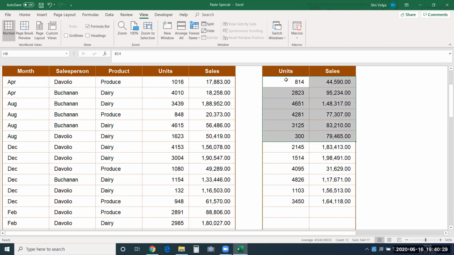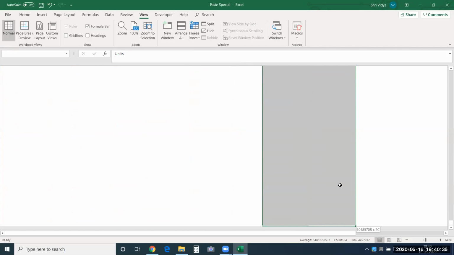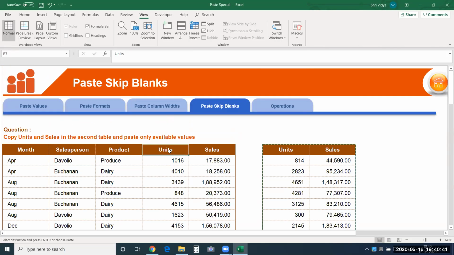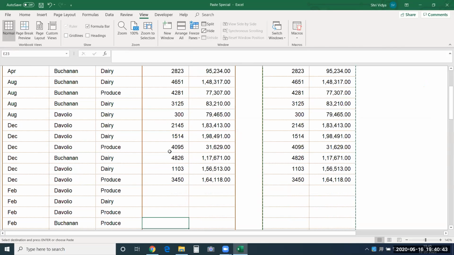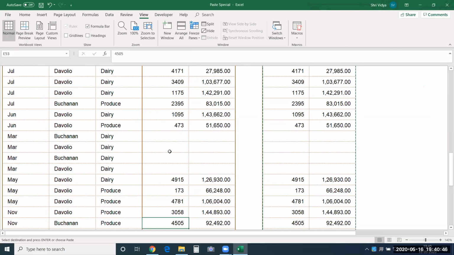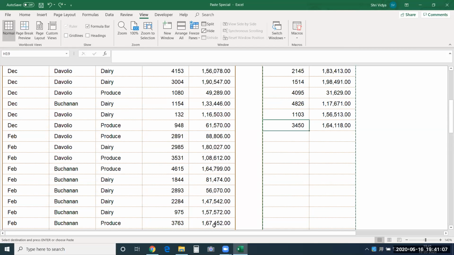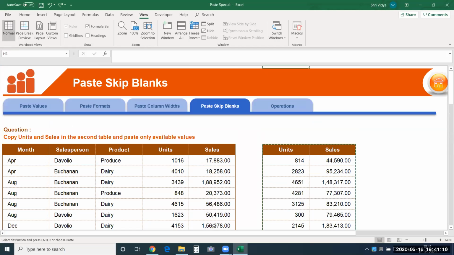So what I can do, if I just copy paste it right from this right hand side data, let's see what happens. See, when you paste it directly on this data, you can see even the blanks are getting pasted. See, I've left blanks wherever I don't want to update the values. That doesn't mean the values over here should disappear or be blank. Whatever old data is there, I don't want to replace it. So I don't have any replacement for it, so I've left blanks. But if I copy and paste it directly, this is the plight.